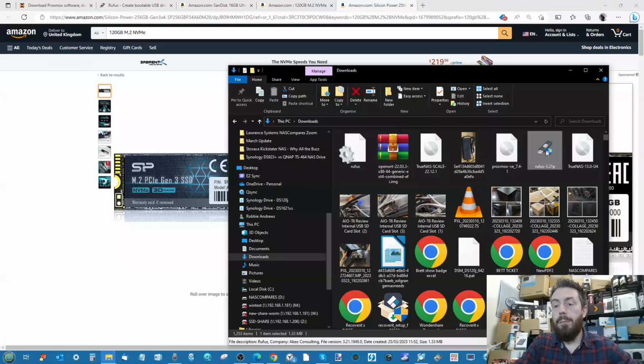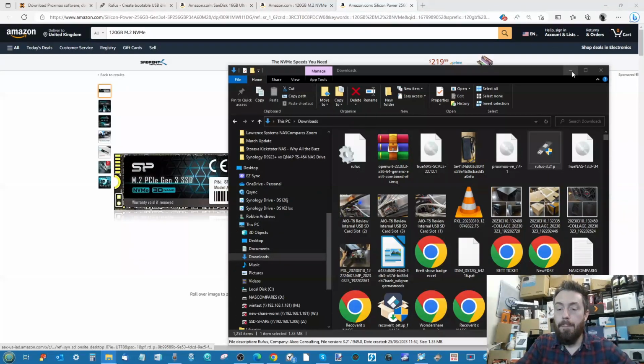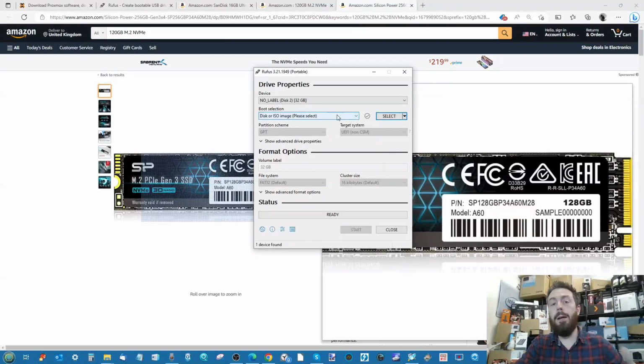Now, whether you've installed it, and you might see a black screen there while I'm loading that up, have Rufus and it will open up there. Now, if you've got that USB drive connected, as I showed you just now, it should appear here. If the drive has a label or a name on here, you need to remove that. So you're going to need to format it.